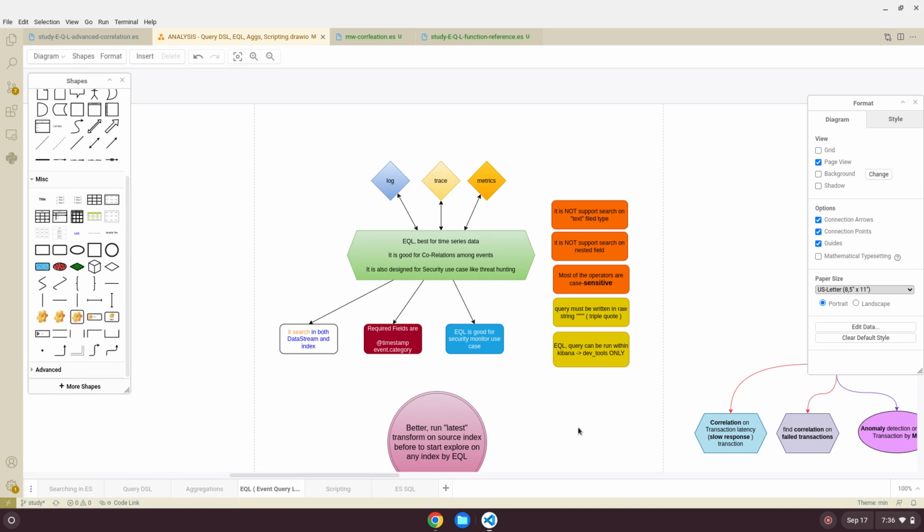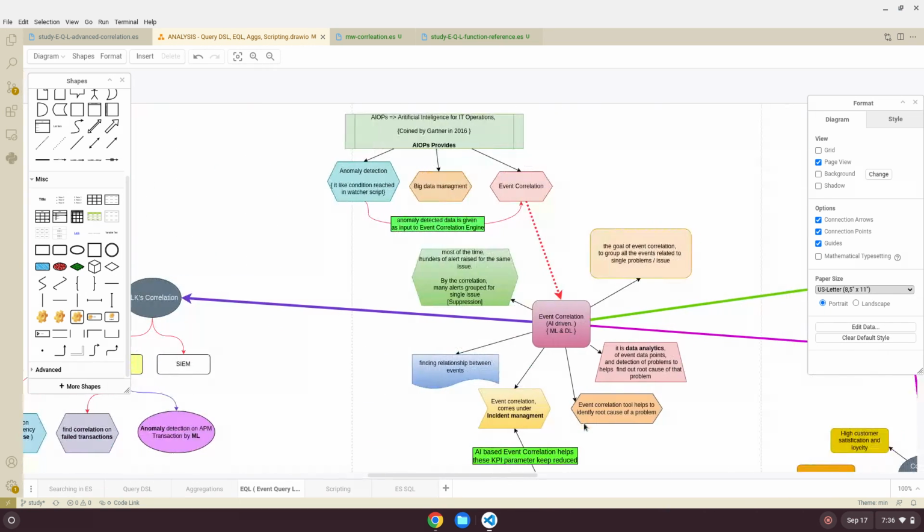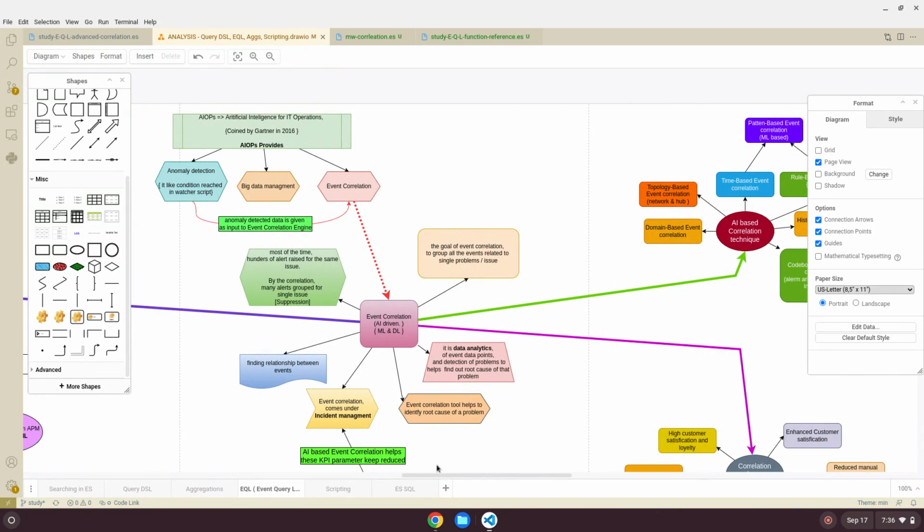That is very important. Otherwise we cannot say, as in the diagram I'll show here, that there are a lot of things we cannot achieve within some simple index, like a transaction index or a log index alone, with EQL. EQL has many capabilities, but not all of them are incorporated within Elasticsearch. So what level of event correlation is possible within Elasticsearch with the use of EQL, given the availability of indices, is the high-level thing we should be clear about.